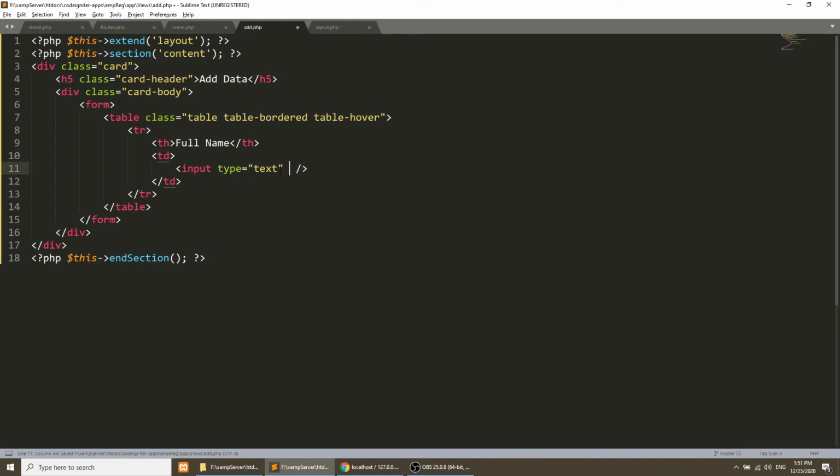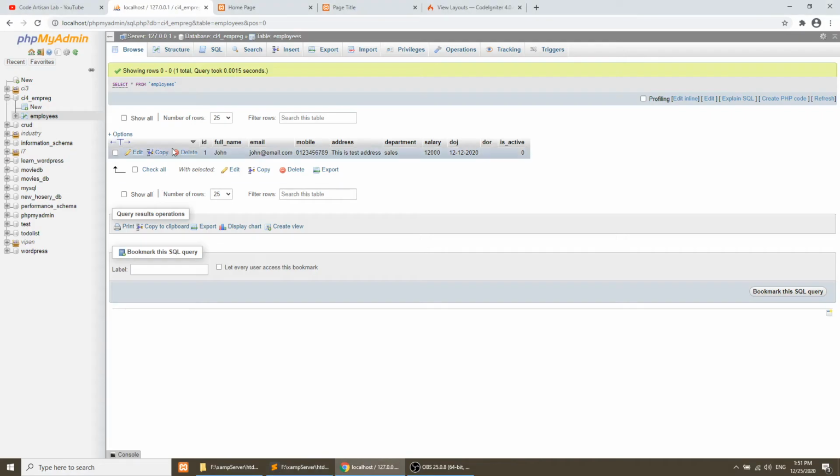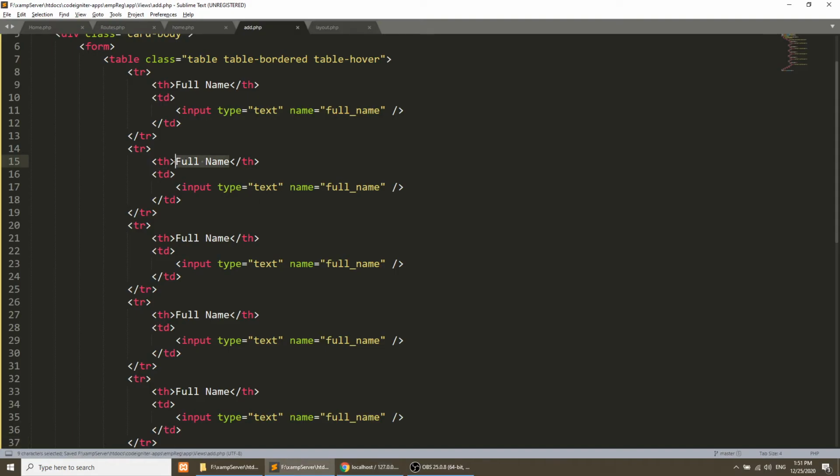We will also define the name so that we can easily get the data. Similarly we'll copy this, so full name, email, email field will be email. One thing I skipped is the form-control class, and this class goes here.